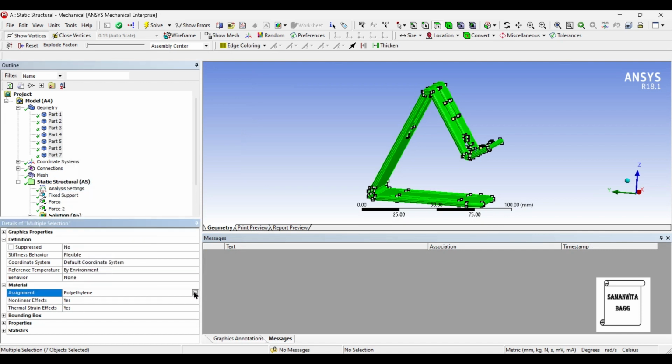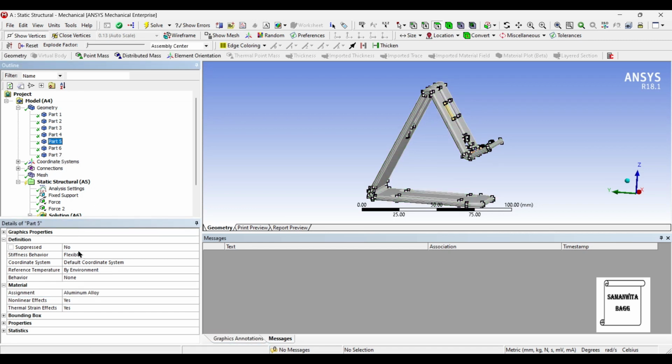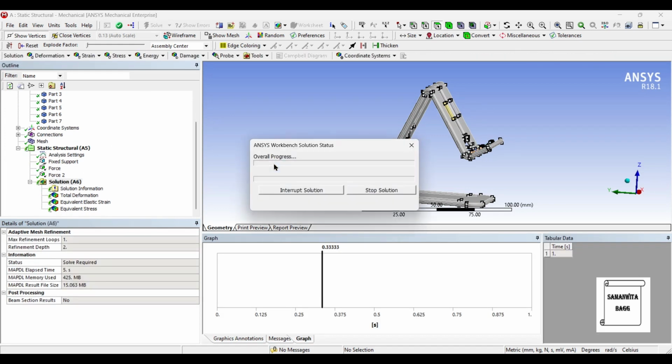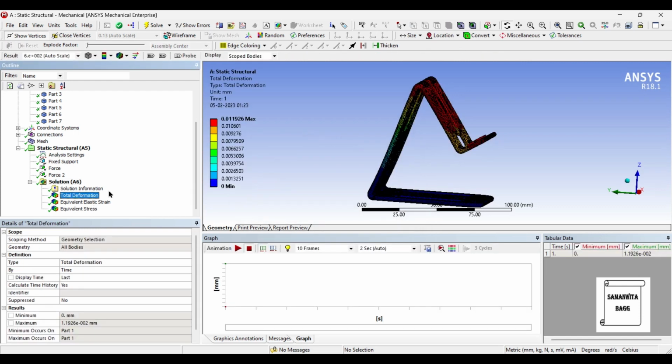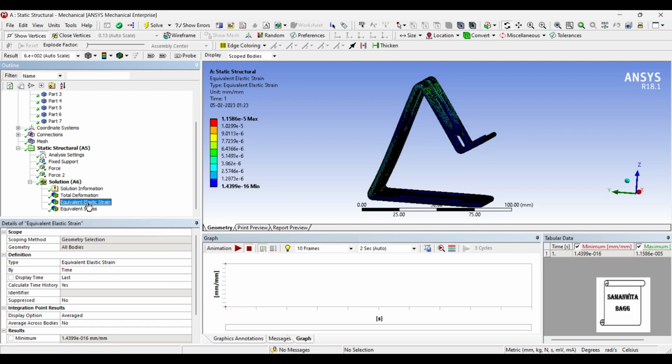I will change the material to aluminum alloy and now I'll just check the solution once again as to what result I get. Let's go to total deformation. We can see the value is 0.0119 mm. This is the value of elastic strain, and the stress is 0.8 megapascal again for aluminium